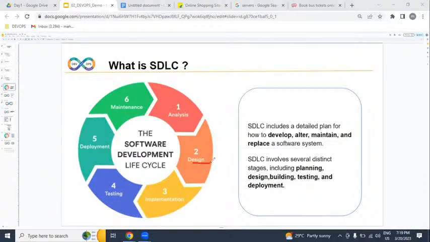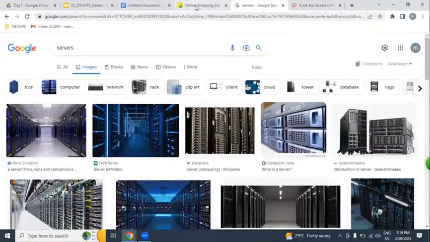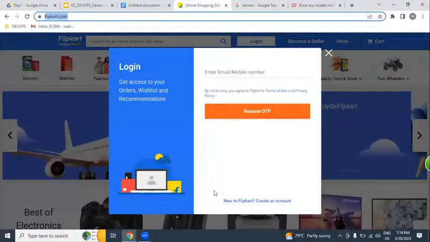Design is nothing but a plan. According to the plan, our developers will write lines of code by using Java, .NET, Python, any programming language. Once it is written, whether the software is working or not, we are going to be verifying by testers. Once it is verified, we are going to be placing it on hundreds of servers, which we call deployment. Once our applications are placed on hundreds of servers, we can access it on the internet as a